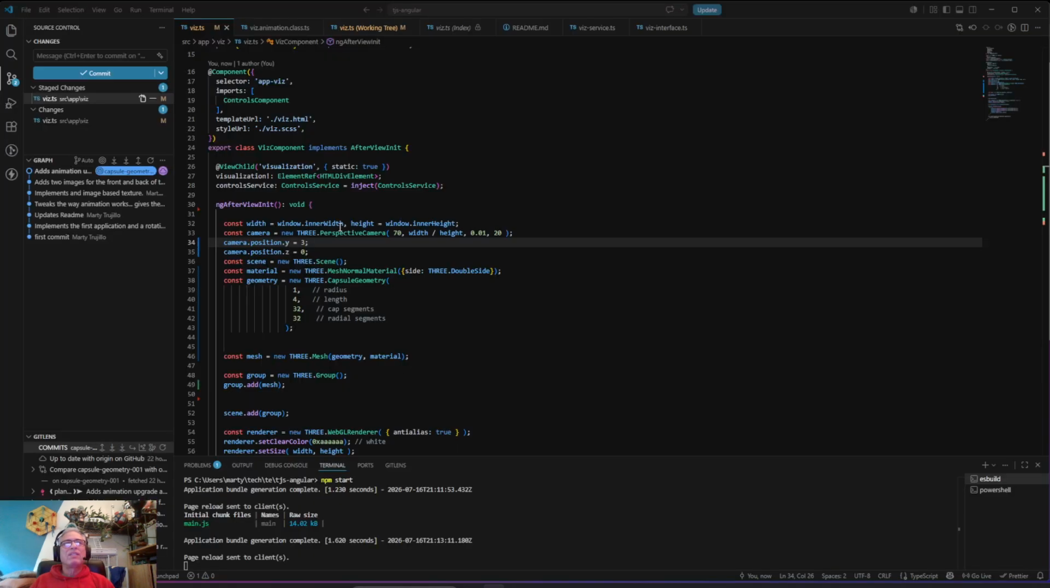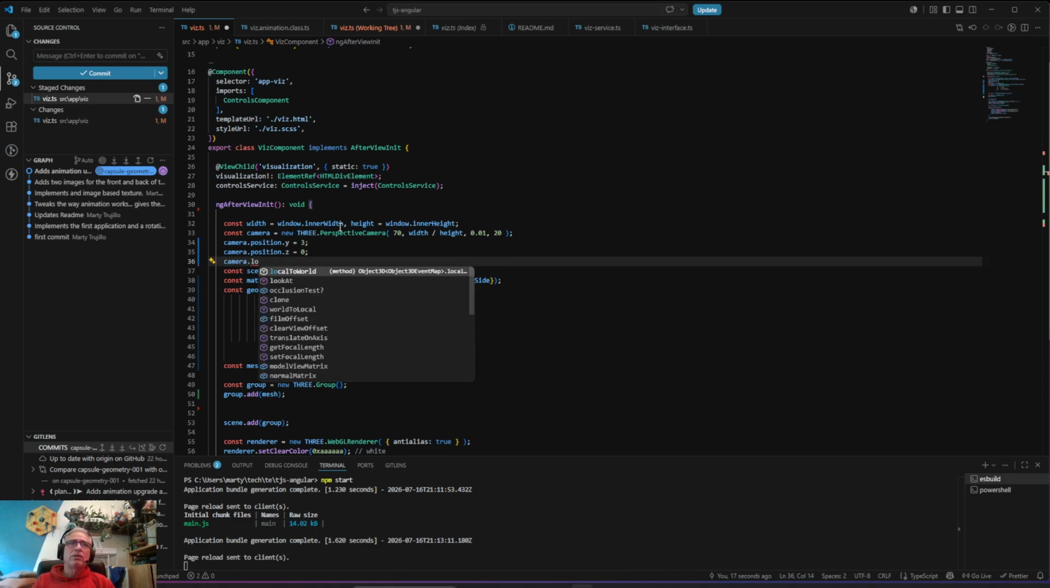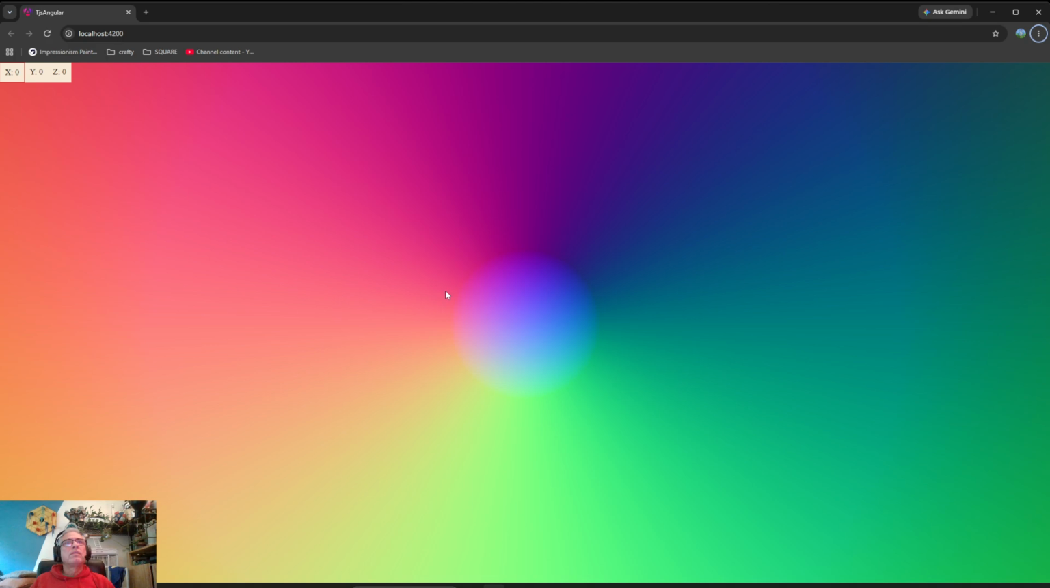So is it looking at 0, 0, 0? Camera look at. I believe you pass it in a 0, 0, 0. Yeah, there we go. All right, so now let's have it spin along the y-axis and see if